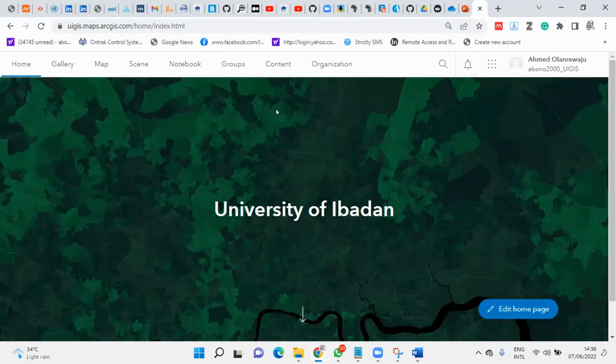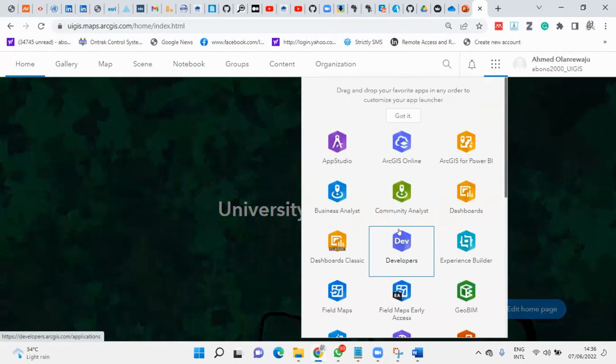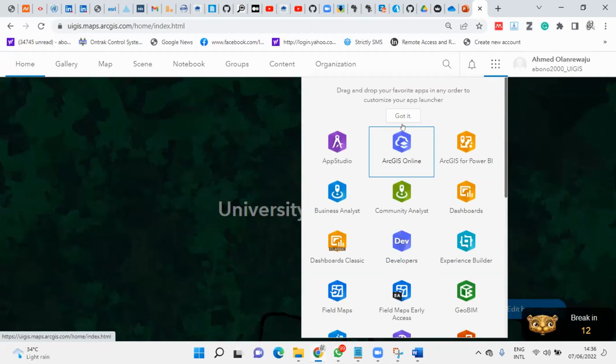Okay, so I click on the apps again, and I want to go to the next tool that we are going to use now, and I want us to actually explore, what we call ArcGIS Online. At the moment, the license that you have actually covers the ArcGIS Online subscription. So if I click on ArcGIS Online,